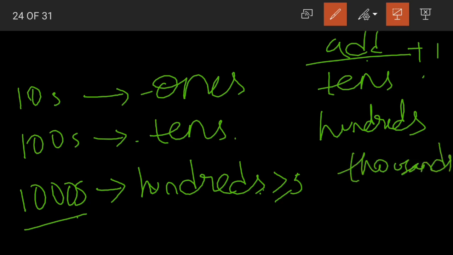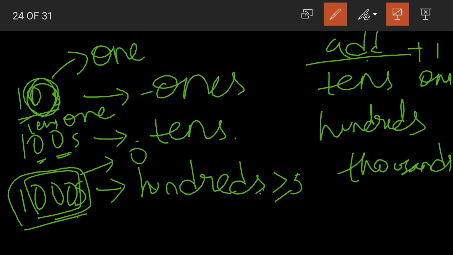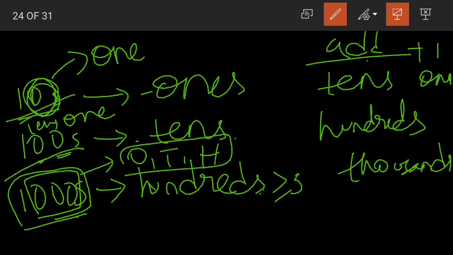So again, where do we place zeros here? We place zeros for tens. See, in tens we have only 1 zero. So we place 0 in the ones place, and in the number 100 we have zeros in ones and tens place. So even in the given number we replace the digits in tens and ones places with zeros. And coming to the number 1000, we have zeros in 3 places, that is ones, tens and hundreds. So even in the given question, we replace the digits in ones, tens and hundreds place by zeros. Is this clear, students? This is the gist of rounding off the numbers to tens, hundreds and thousands.